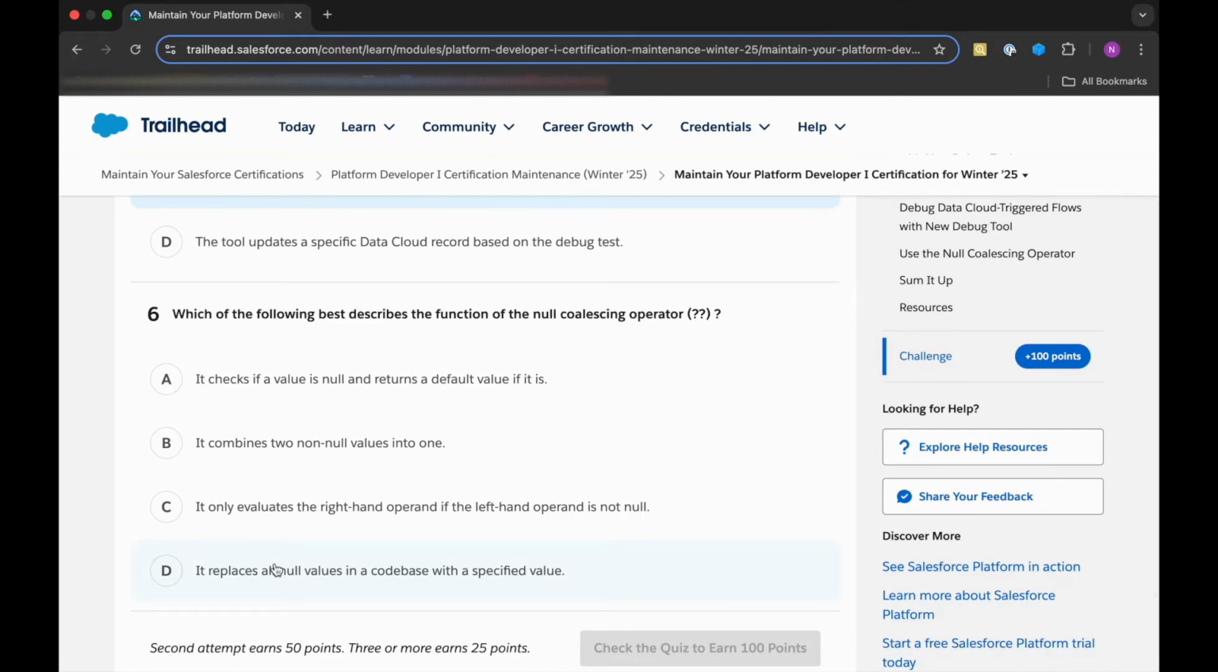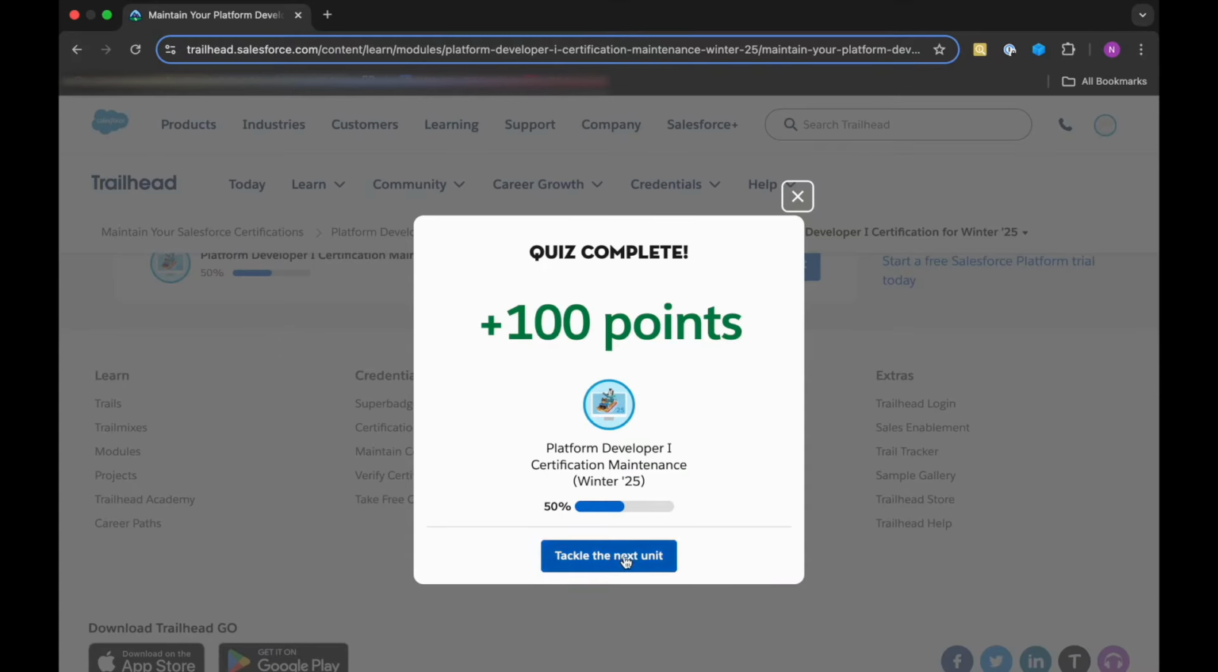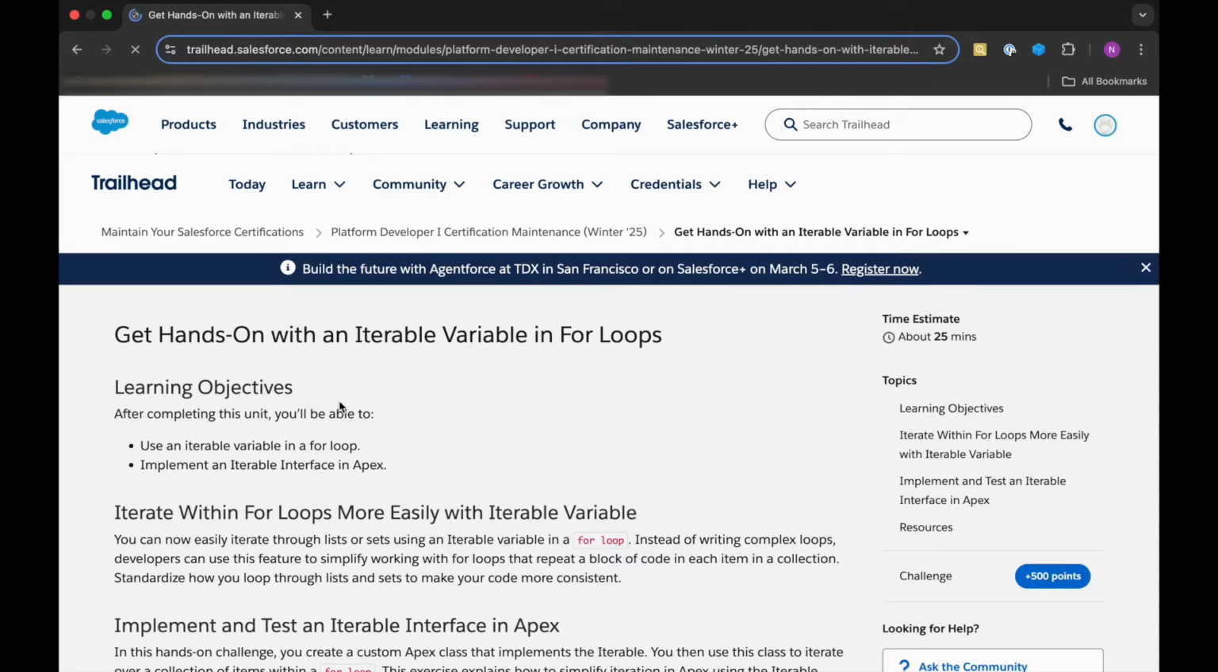Sixth question is, which of the following best describes the function of the null coalescing operator? First is, it checks if a value is null and returns a default value if it is. Second is, it combines two non-null values into one. Third is, it only evaluates the right hand operand if the left hand operand is not null. Fourth is, it replaces all null values in a code base with a specified value. So first option is the correct one. Let's check. And it's correct. Let's move on to the second unit of this maintenance module,